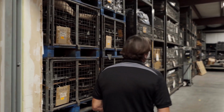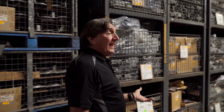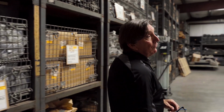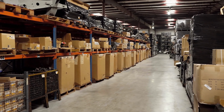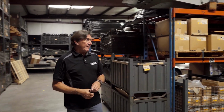So having them on hand is going to be real helpful on the financial side for us when we start. And as we transition into this side of the facility here, again, it's more deep storage. When we go into production of the DeLoreans and start doing the assembly, this whole area will be cleared out, and then this will be our assembly hall, where we'll actually set up 3 assembly lines,